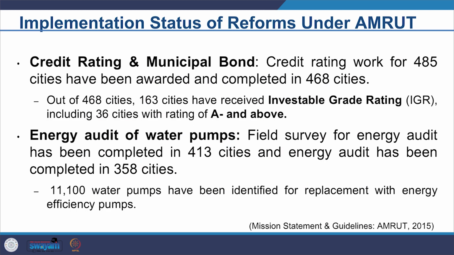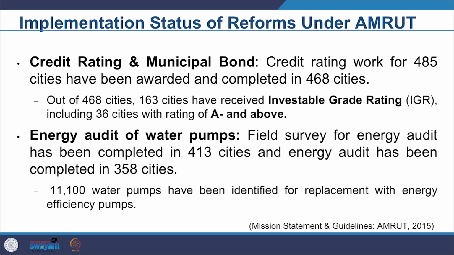While concluding, we see the implementation status of the reform under AMRUT. In many of the cities, credit rating and municipal bond work has been done for 485 cities. It has been awarded and completed in 468 cities. Out of 468 cities, 163 cities have received investable grade rating, IGR, including 36 cities with the rating of A- and above. Energy audit of water pumps: field survey for energy audit has been completed in 413 cities, and energy audit has been completed in 358 cities,